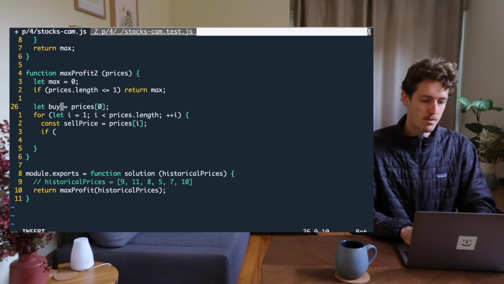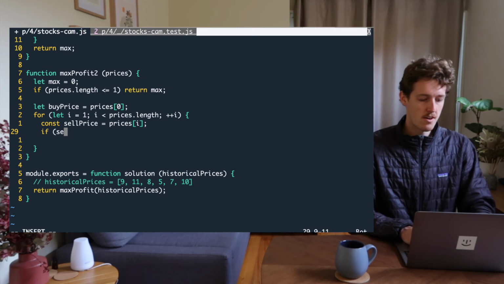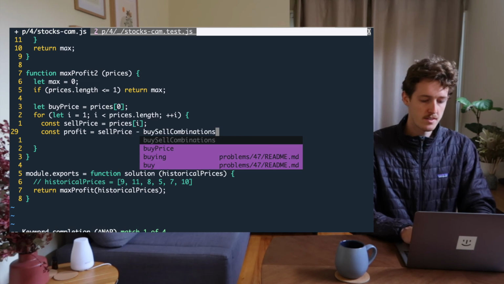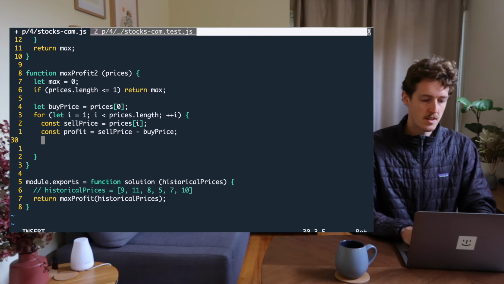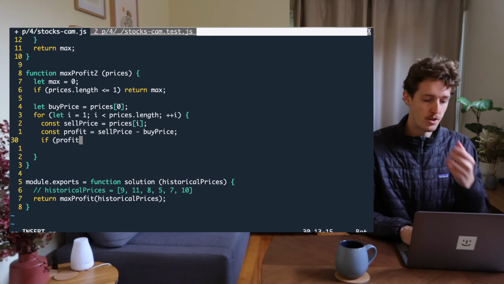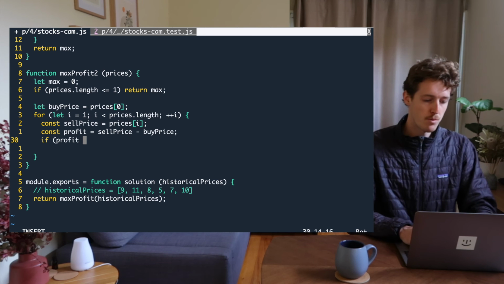Oh, let's just say buy price. So we're going to say, all right, profit here would be sell price minus our buy price. And I'm going to say if profit, so in this case we want to know when we actually got a new lowest price. So if the profit is greater than max,